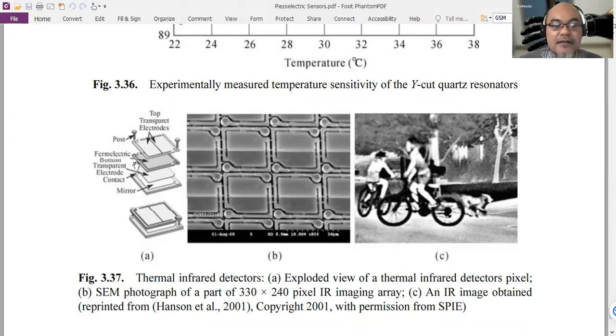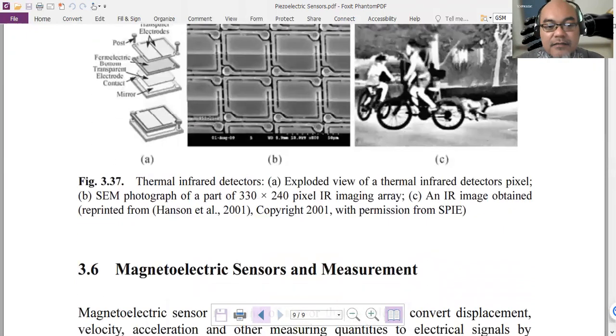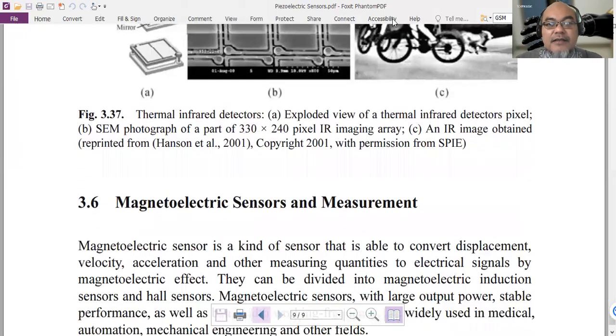Here they use different ferroelectric bottom and top, and also a mirror to reflect the incoming infrared so that it can go back to heat up the ferroelectric material. Okay, I think that will be all for